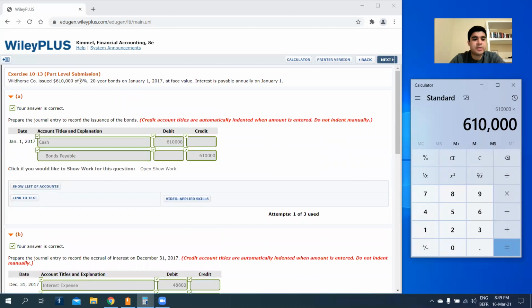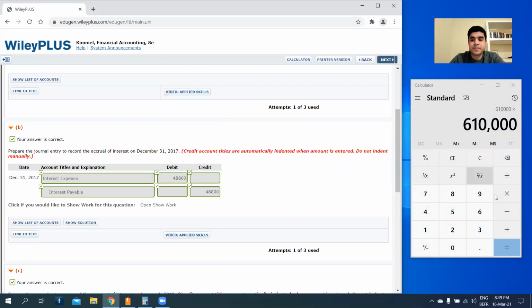It says that Wild Horse acquired this bond with 8% of interest. So times 0.08 times,